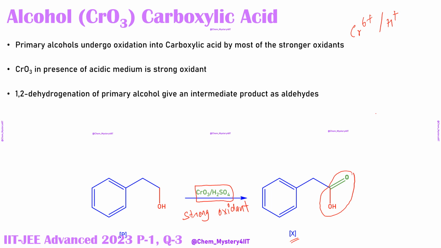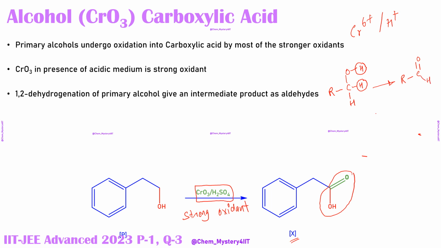And this reaction actually progresses by a mechanism which is 1,2-dehydrogenation of the primary alcohols. We can think of it this way. If this was some R CH2OH, this is one hydrogen, this is oxygen, this is another hydrogen. So those radicals which can be coming from CrO3 are going to abstract this hydrogen. That abstraction of hydrogen we are calling 1,2-dehydrogenation. This will ultimately generate something like this, that is an aldehyde.